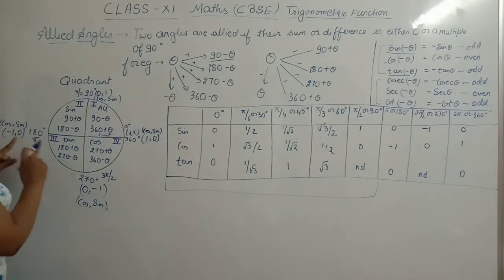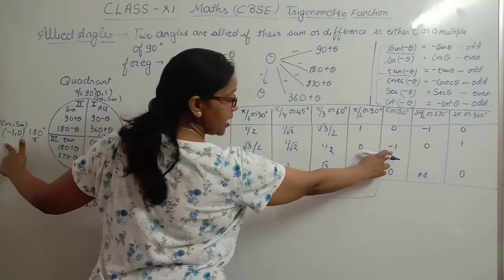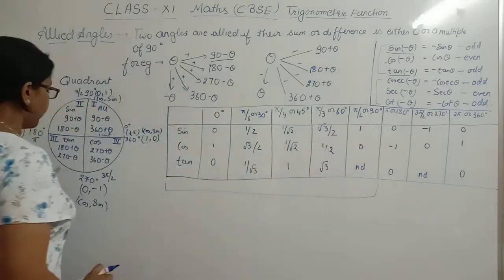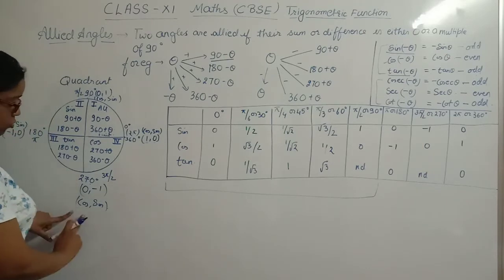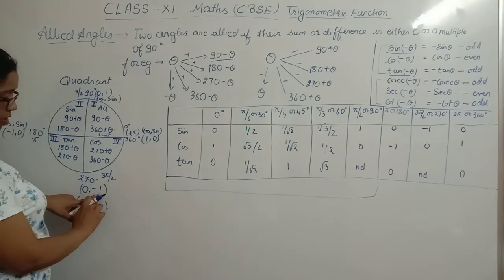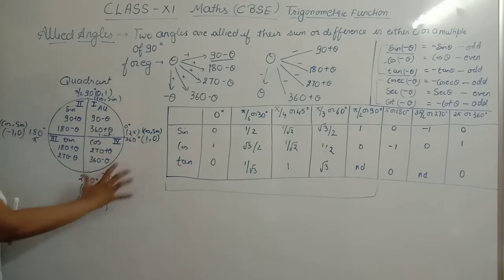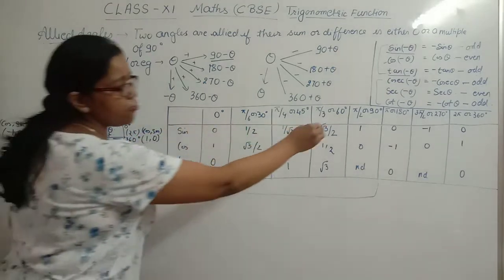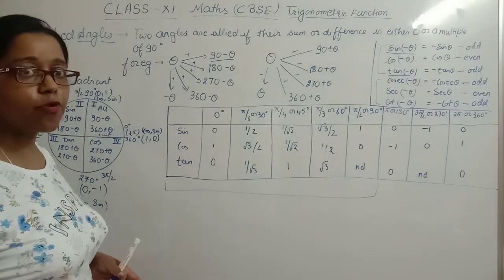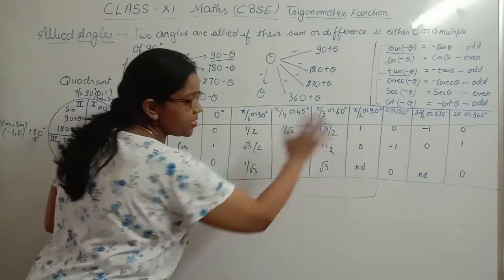Now coming to this side, cos 180 is equal to what? Minus 1. See, cos 180 is equal to minus 1 and sin 180 is equal to 0. Clear? Now coming to cos 270. Cos 270 is equal to 0 and sin 270 is equal to minus 1. Here it is written. So this is a very easy trick to learn these values, because these are the values which you use many times while doing questions. So at least these values you should learn.